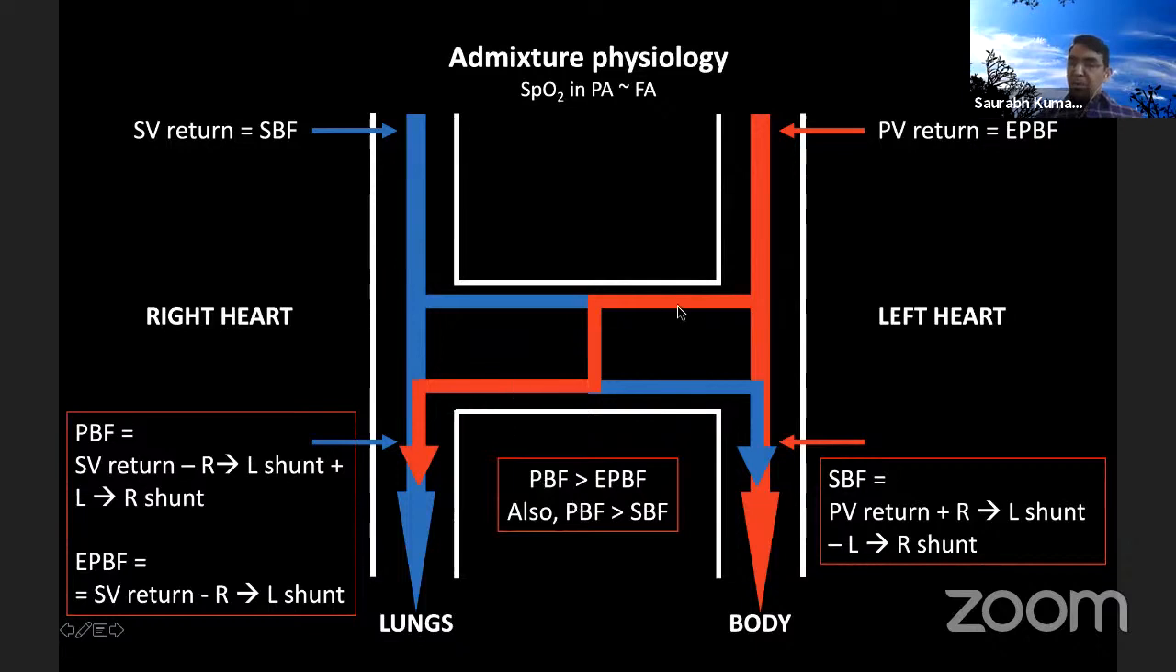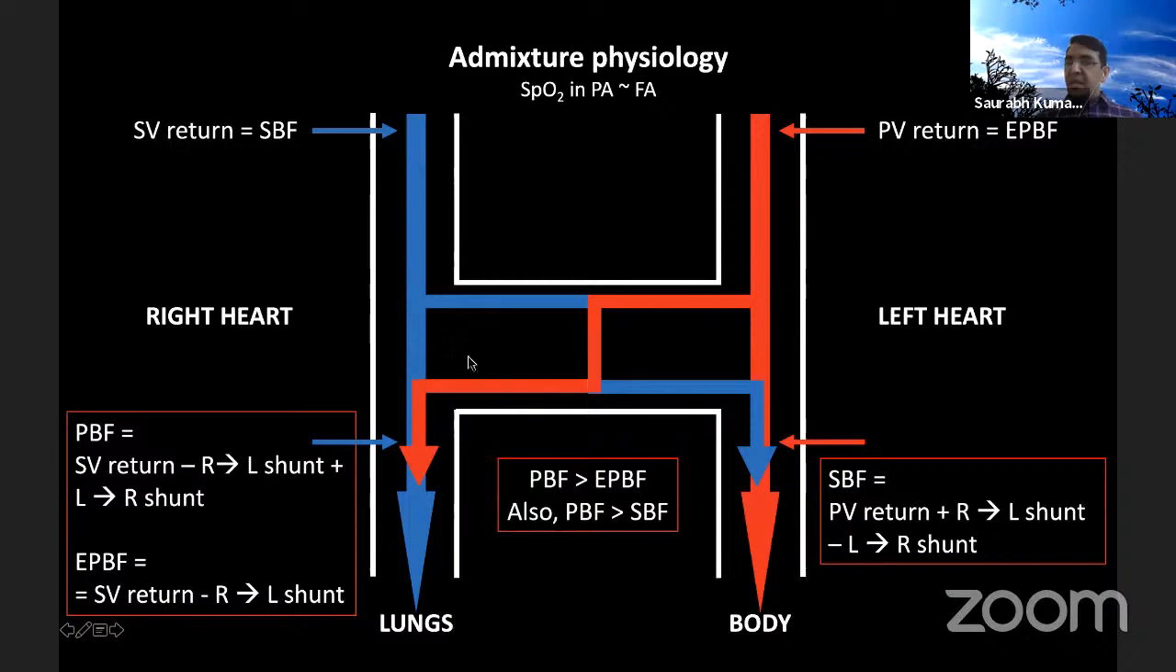Similarly, the pulmonary blood flow is also receiving a left to right shunt from pulmonary venous return, and therefore pulmonary blood flow is a composite of systemic venous return minus right to left shunt plus left to right shunt. Therefore the pulmonary blood flow is generally more than the effective pulmonary blood flow, depending upon whether or not the patient has pulmonary stenosis. This pulmonary blood flow will vary, and most of the time these patients will have a higher pulmonary